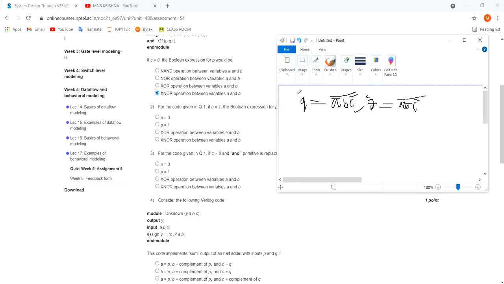Here C is equal to 1, then C bar will be 0, then it will be 0, then P is equal to